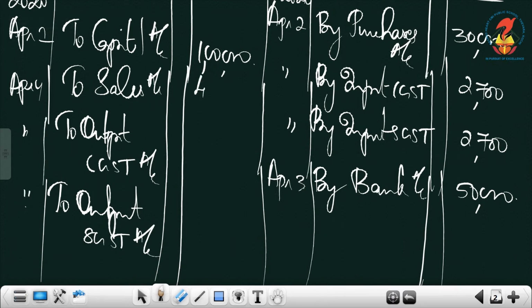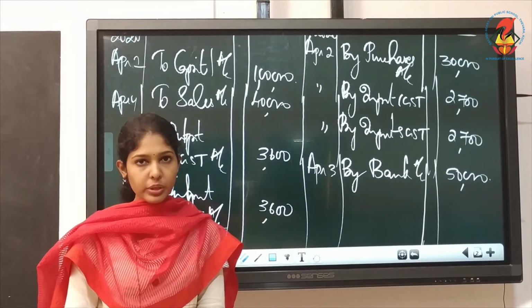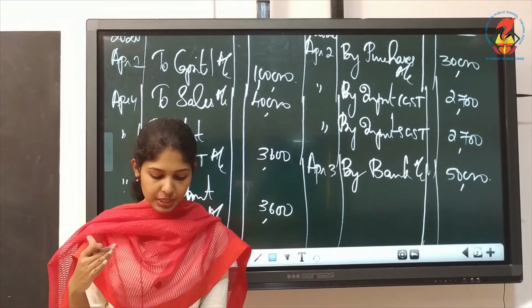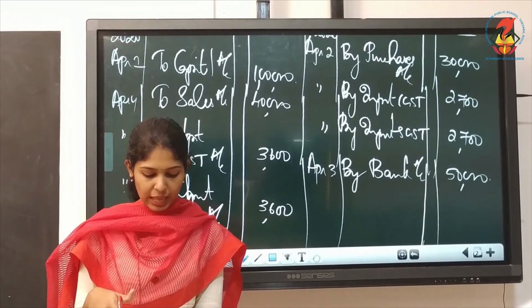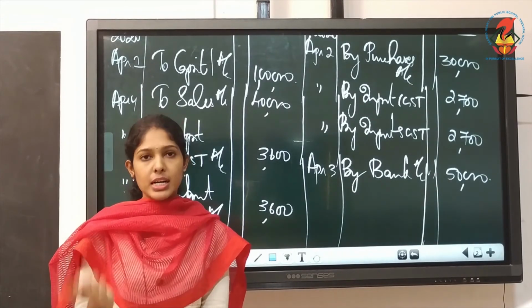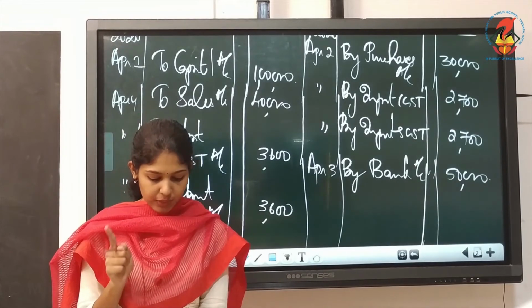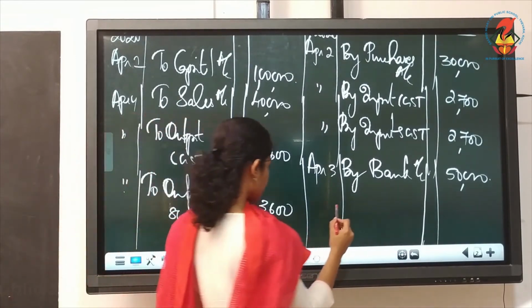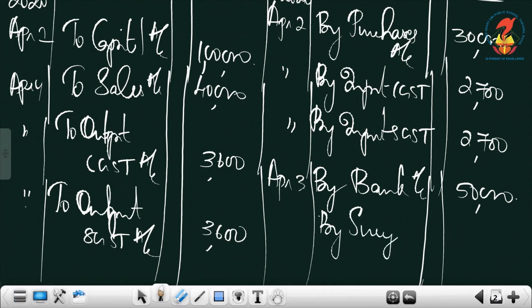It is to sales 40,000, 3,600, 3,600. Take it from the journal entry. The next is, there is no cash account on April 7th, so you can ignore it. Then April 10th also we don't have cash. April 15th it is bank account written, that we will be preparing as a separate account for bank. Then Surya's account debit to cash, so you must write by Surya's account, and it is on April 19th.